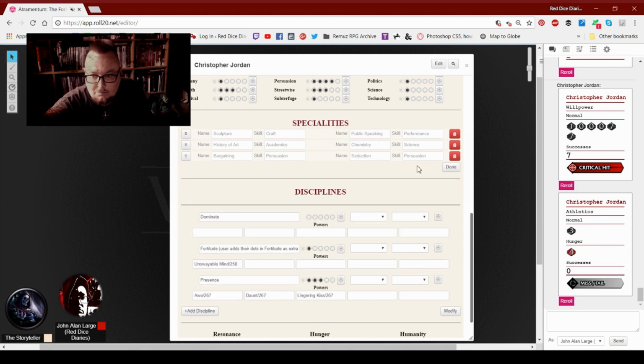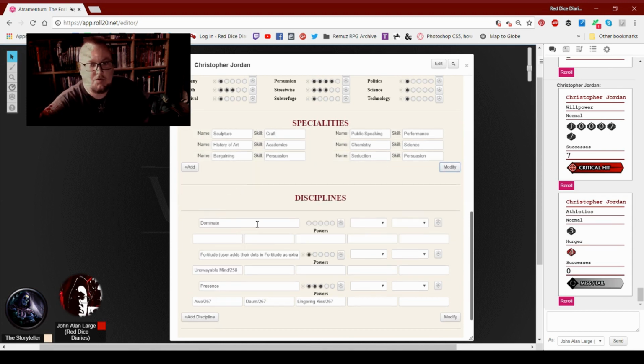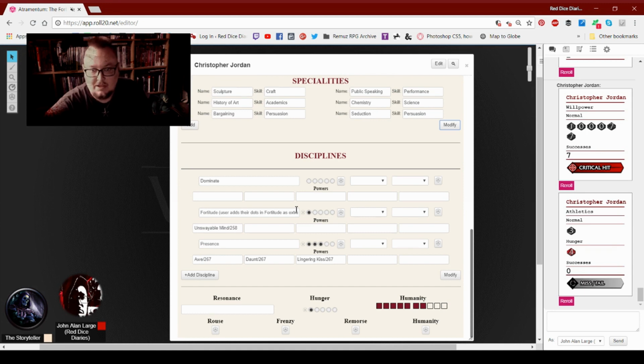I can move them around. Oh, there we go. Not sure what's going on with that, but never mind, they're gone now. Disciplines is similar. You can add disciplines, you can modify them. You get to pick 2 dots in a discipline, 1 discipline at the start and 1 dot in a second